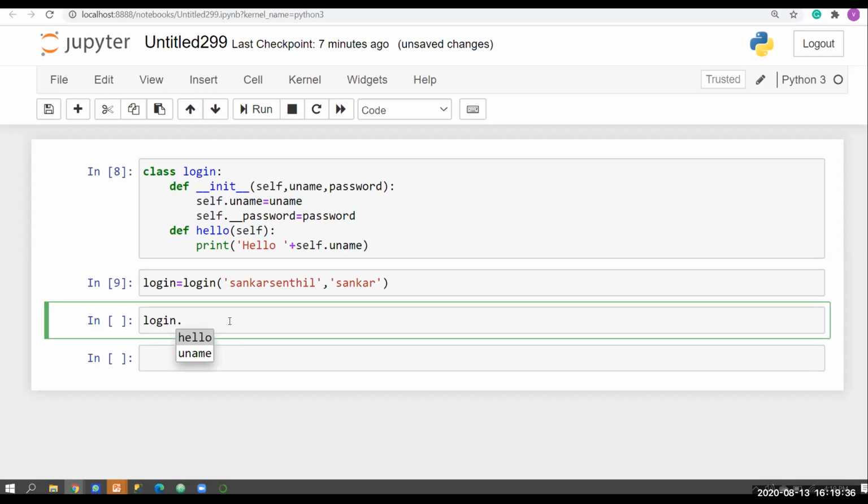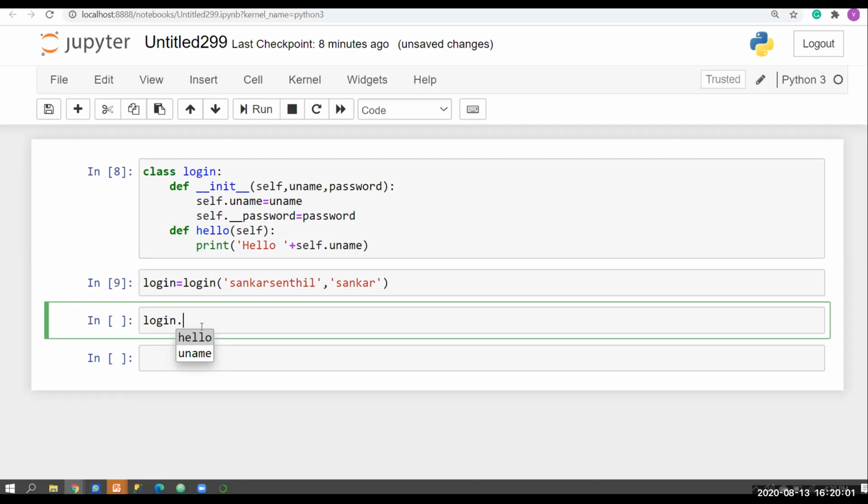Now I type login dot and press tab. You can see it returns uname only. It won't return the password because we hid it. When you use a double underscore in front of your variable inside your class, it won't show outside your class.